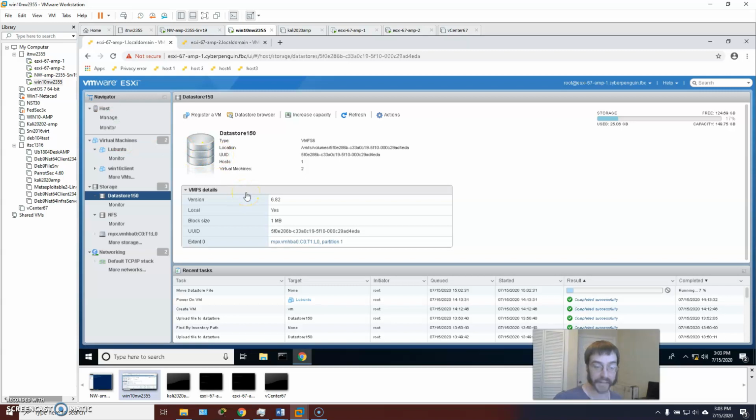There were a couple of things about that Kali VM that it didn't exactly like. It wasn't sure about the hard drive type, and it wasn't sure about its version compatibility. It was basically built for ESXi 5.5. This is ESXi 6.7. I think the fundamental issue, if I can get it to upgrade from 5.5 to 6.7,